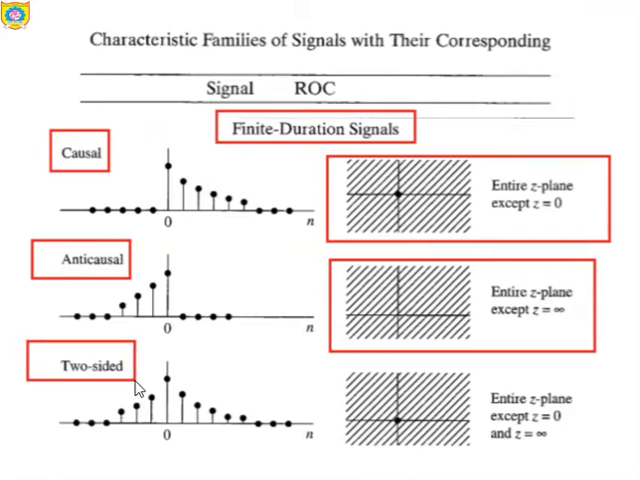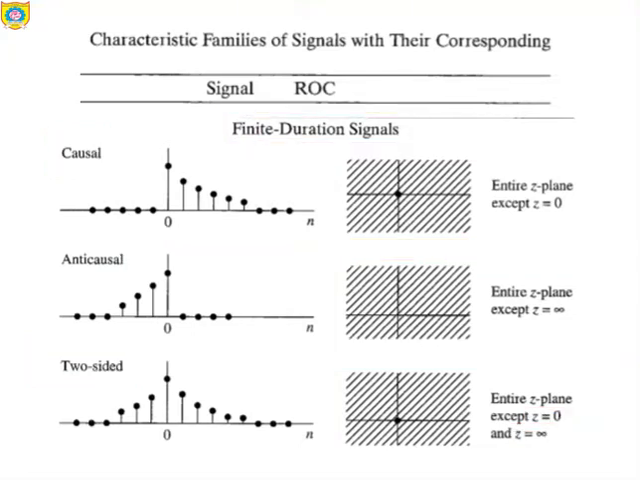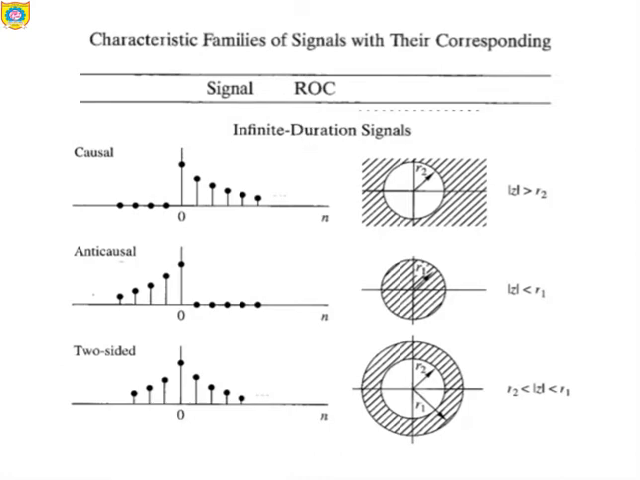Similarly, when it is a two-sided sequence or signal, again it is the entire z plane except z equal to 0 and z equal to infinity. So this is regarding some of the finite duration signals. Let's see it for the infinite duration sequences. In the infinite duration sequences, we can observe that the effect is quite different. When it is infinite at the right side, for the causal case, and, let's say, at the left side as well,